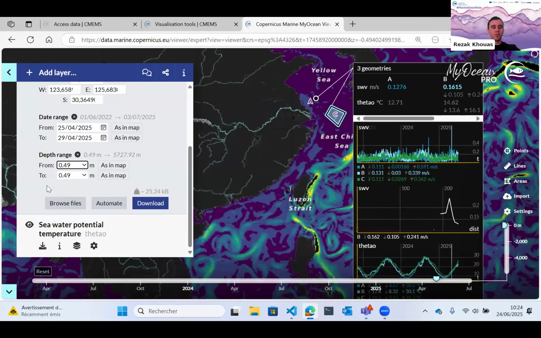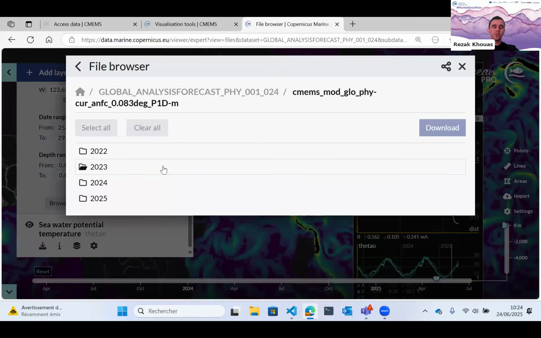As for the downloading process, it includes three different options also. You can use the browse file service. So this one allows you to get the original data. So just keep in mind that within this one, you cannot select a subset of data. It means that you cannot select a specific geographical area within specific variables. You will have to download the whole data sets and the whole variables contained in it. This one is included within the functionalities of the Copernicus Marine Toolbox that I will go to present next in